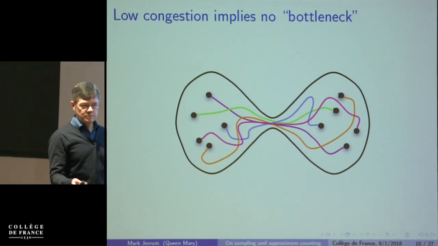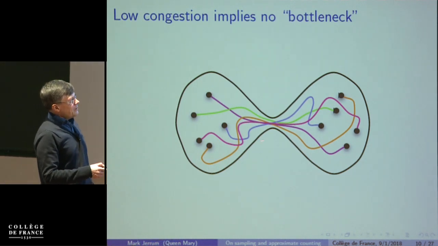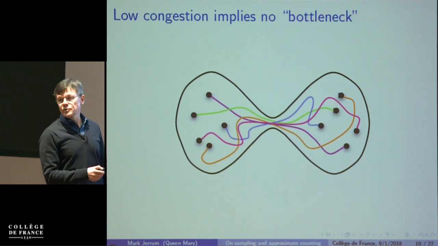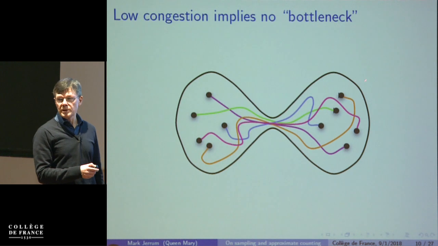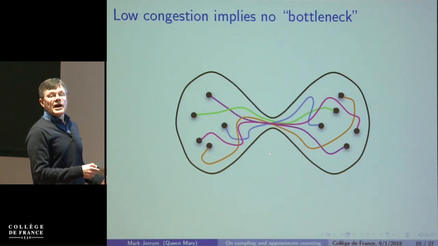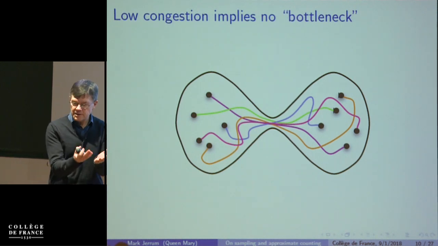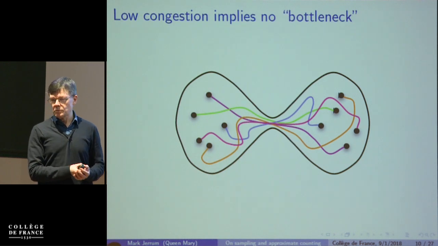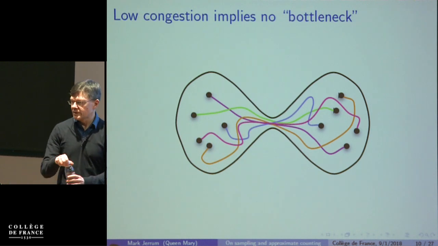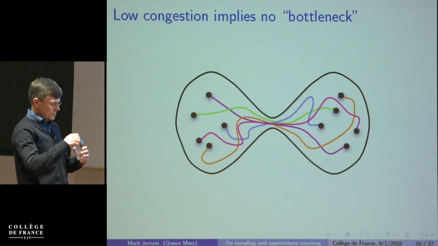I mean, none of these are hard results. There are a page or two. The other way round is more interesting. It says, if the Markov chain is rapidly mixing, it converges to equilibrium, then there is no such constriction. And then there will be a choice of the canonical paths which avoids these congestions, and rho will be small. Okay, so both directions are valid, but one you can sort of easily see, and the other takes a little bit of work.